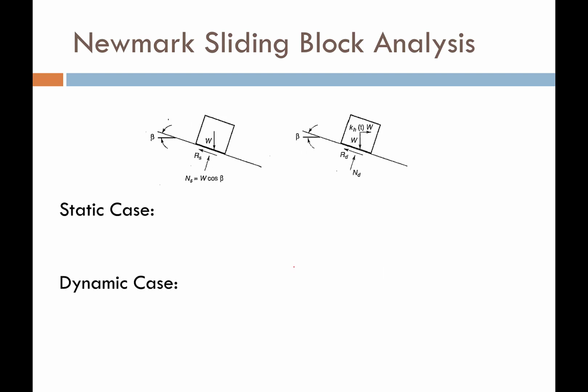There are two cases we're going to look at. The first case is diagrammed here on the left. This is the static case. As before, we're going to evaluate the stability of our block in terms of a factor of safety. I have a couple of forces going on. Of course, I have the weight of the block, but that weight can be resolved into a downslope component. And then from that weight and the friction on the bottom of this block, I have a resisting frictional force, and that is a